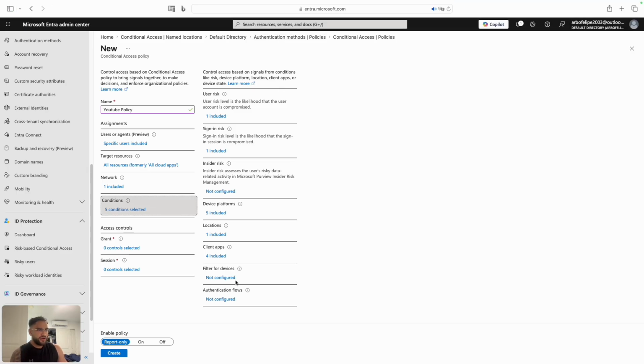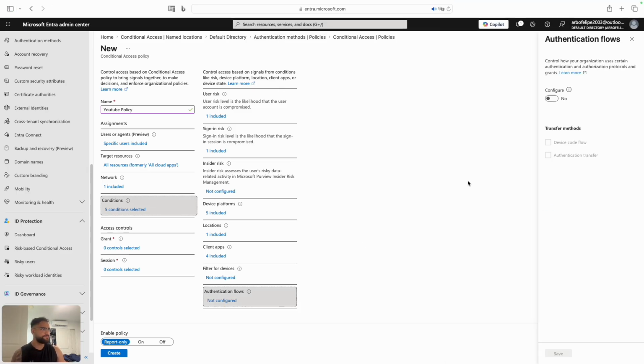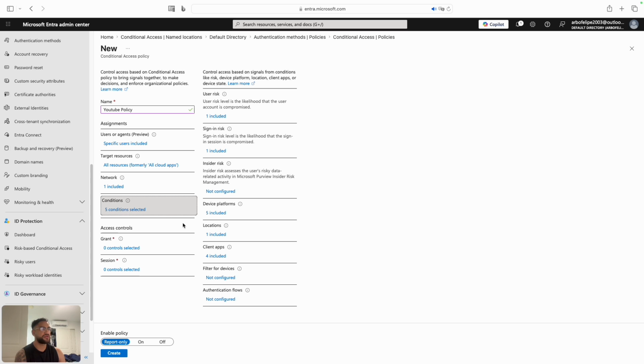And then another part, authentication flows, basically controls how your organization uses certain authentication and authorization protocols and grants, right? We can configure device code flow, authentication transfer. I'm not going to go too deep on that. I just want to make sure that you guys understand the most important parts of the conditional access policy. And then now we can go to our